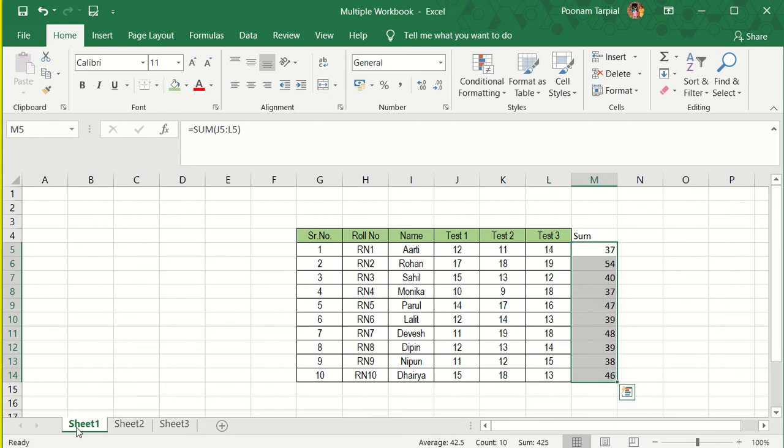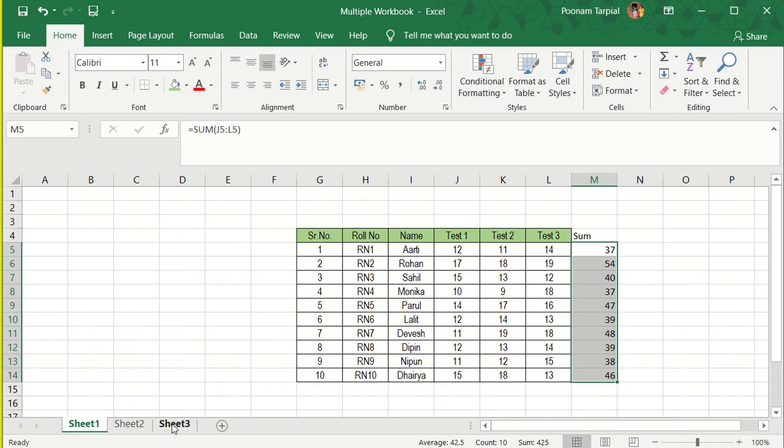Now at this moment, some of you might be having a common question in your brain: I selected all the worksheets, but what if I want to do this only on some selected worksheets? If you want to do the grouping function on some selected worksheets, then what you have to do is click on sheet 1, and then press the control key from your keyboard.